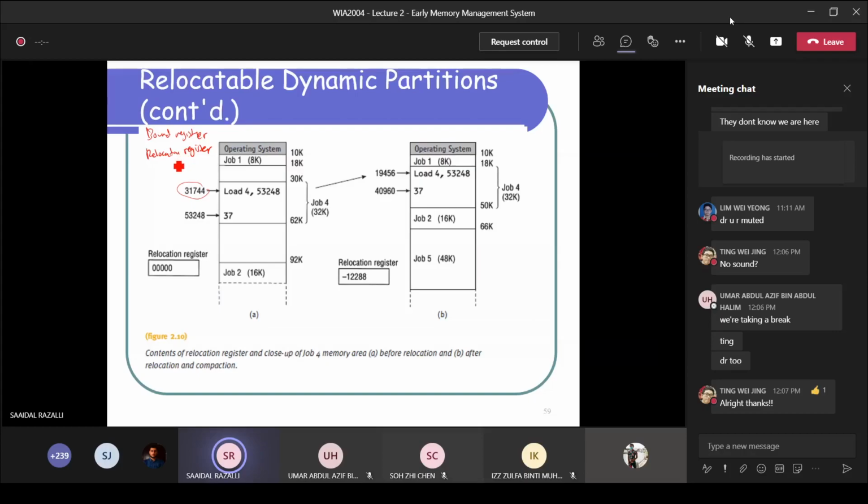The relocation register contains the value that must be added to each address reference in the program, so that the system will be able to access the correct memory address after relocation. Relocation register means that you relocate the old one to the new one, something like that. In this particular example,